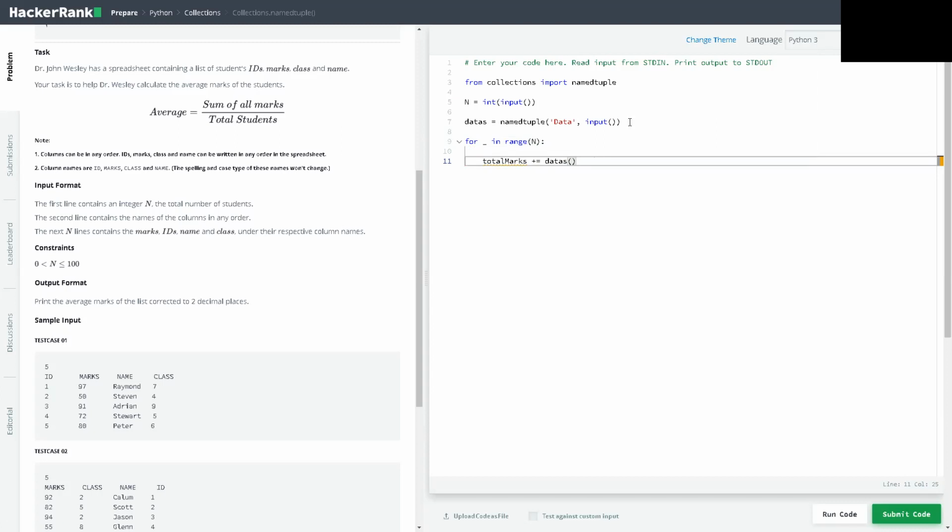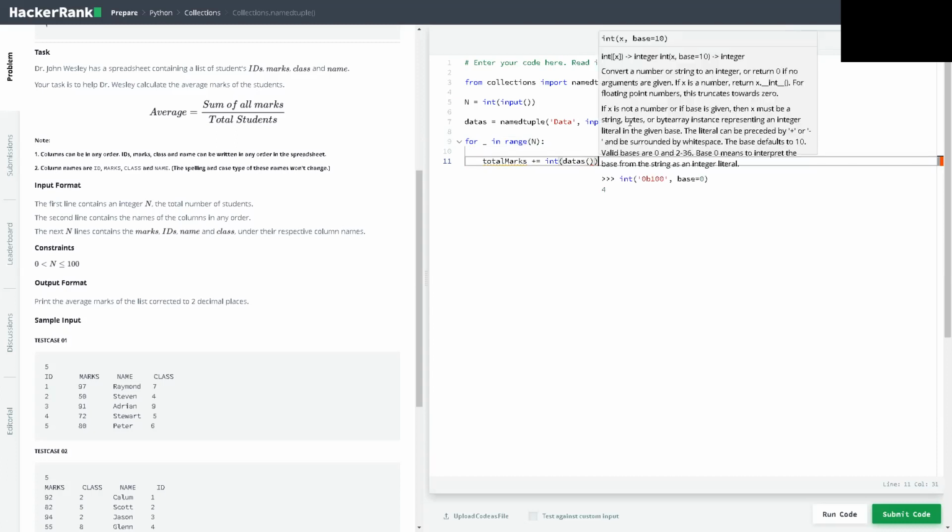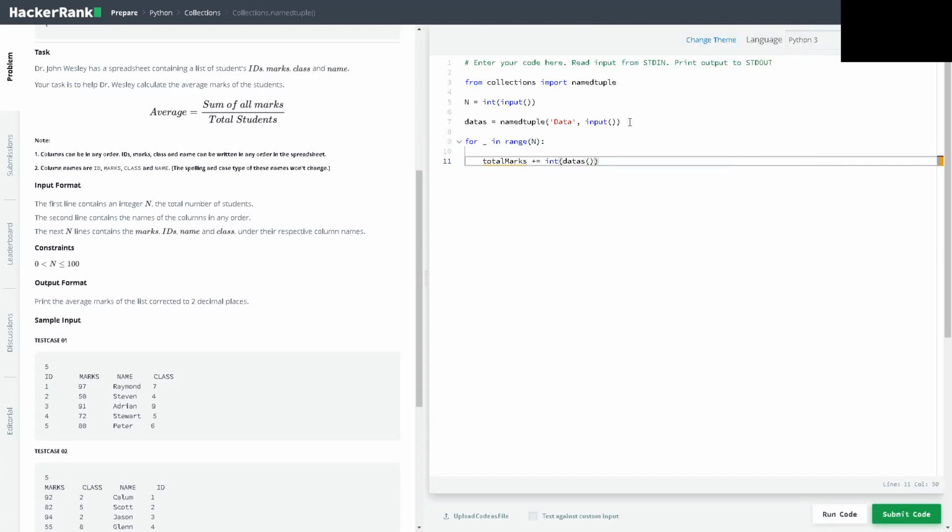Sorry. So first we will have to convert the mark into integers, right? After that, we can access it using dot marks, and inside this we will have to convert input into the appropriate data structures or something like this. Okay, so